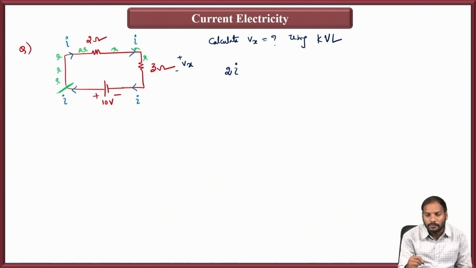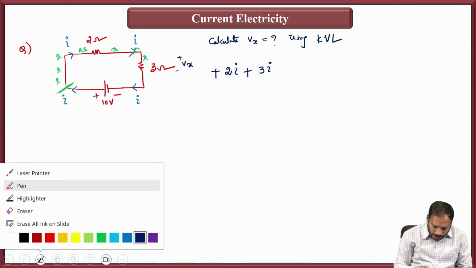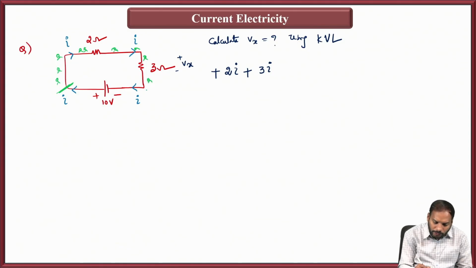Current is coming with you. Very simple logic, right? So you can consider plus. So this is also plus, and this is also plus 3i. Okay, then once again you start walking. You don't stop walking now. You should walk throughout this loop. That is most important in applying the